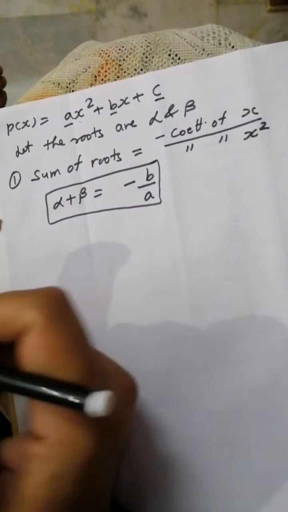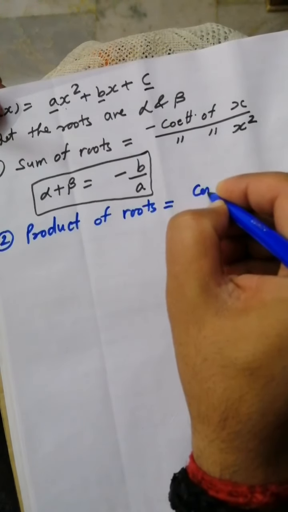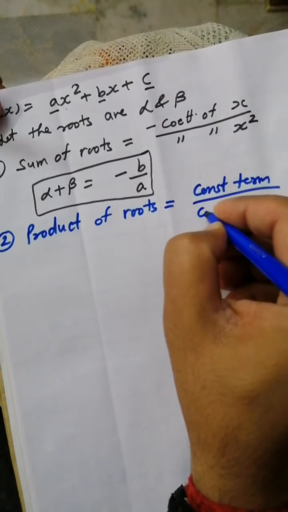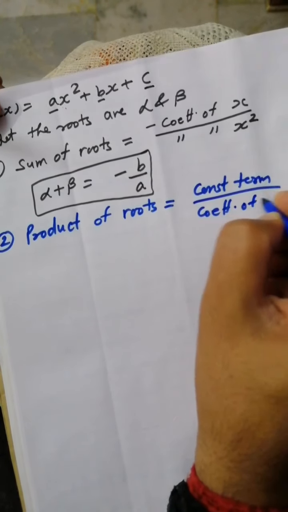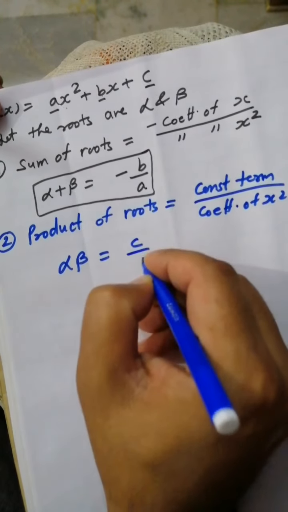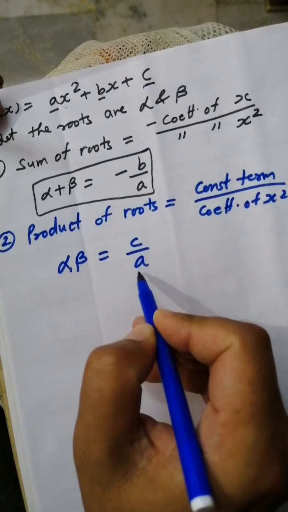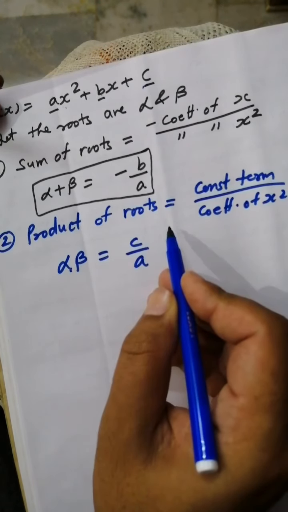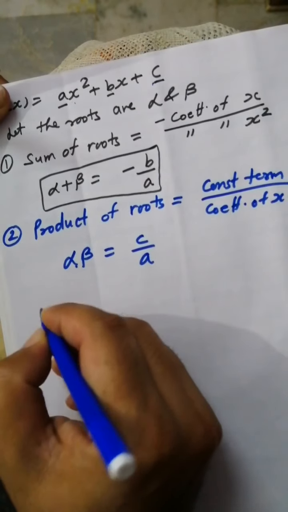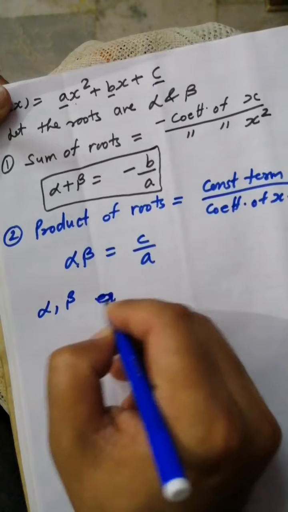Now the second condition: the product of roots equals the constant term divided by the coefficient of x square. It means alpha beta equals c upon a. Here you can see the constant term is c. So alpha beta equals c upon a. That is the product of roots in any quadratic equation. So if the roots alpha and beta are given and we have to form the quadratic polynomial,